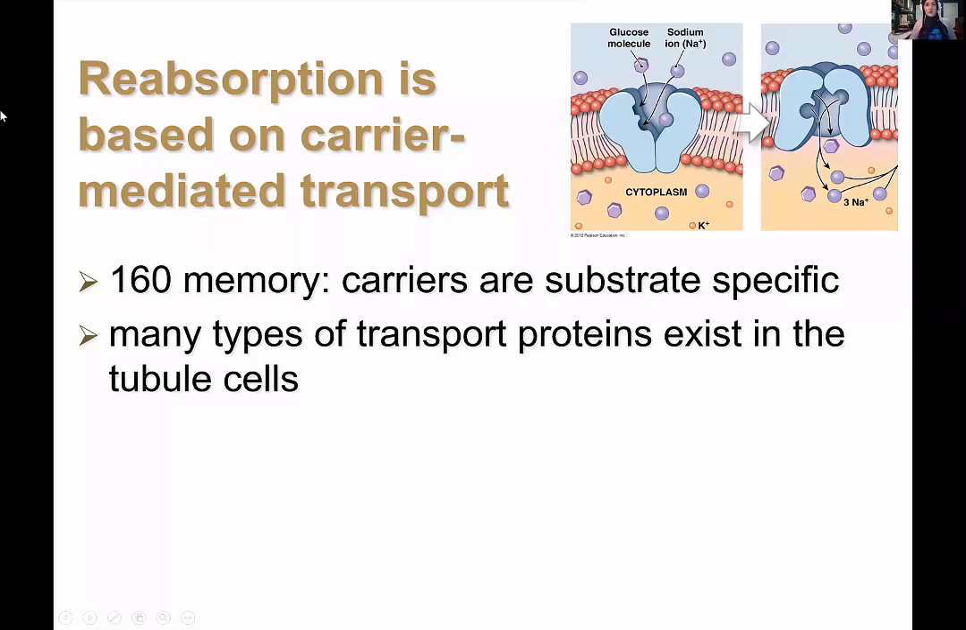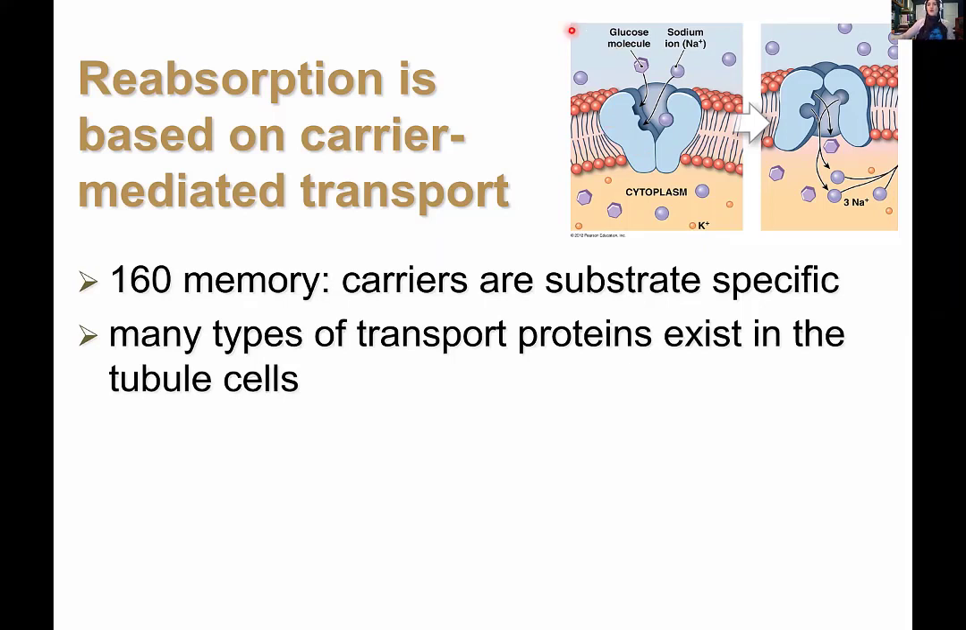So where we left off, we were talking about carrier-mediated transport, and I stopped and did some board work about the idea of a transport maximum. We'll talk a little more about transport maximum later in the presentation, but for now, the idea is you have a finite number of these transporters, meaning that if there's so much of something in the filtrate that all of the sites on the transporter are occupied at all times, that's the concentration at which that thing will start showing up in the